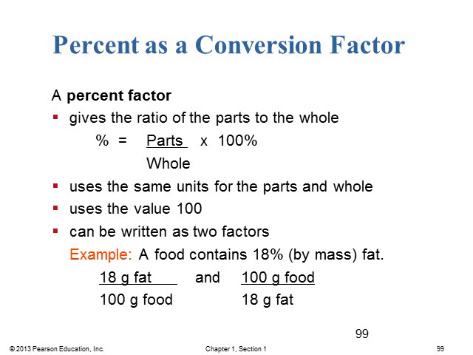So that's why I favor, in the example, 18 grams of fat over 100 grams of food. I think that probably would work best to use rather than the second one that they discuss in the book and in this slide. Both are acceptable, but I think the first way it is written is easier and more consistent to use.